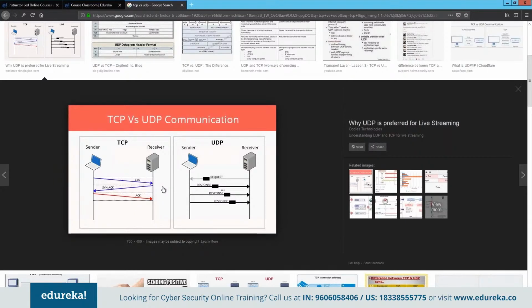If 10 packets need to be sent to the receiver, it will acknowledge each and every packet. The first packet is good, the second packet is good, the third packet is good, likewise the fourth packet is missed, but at the end of the session the receiver needs to have 10 packets in hand. If he misses the fourth packet, he'll send, I did not receive packet number 4, please send me the packet